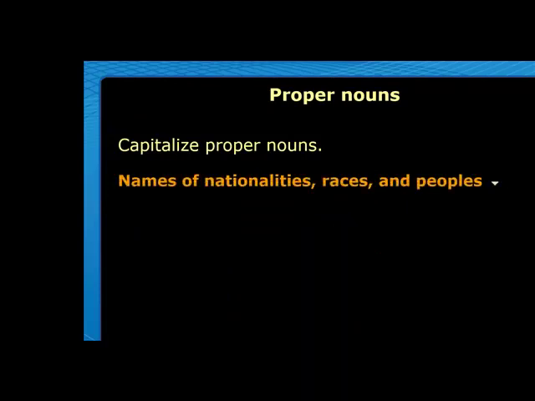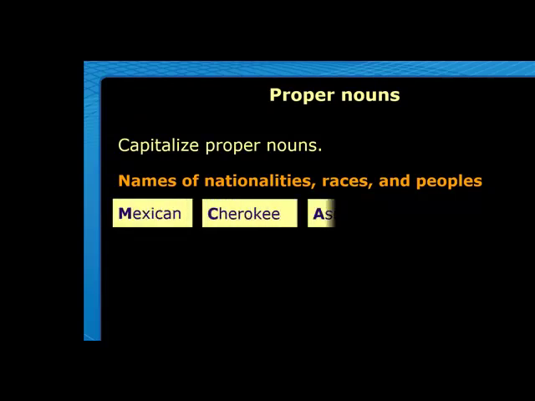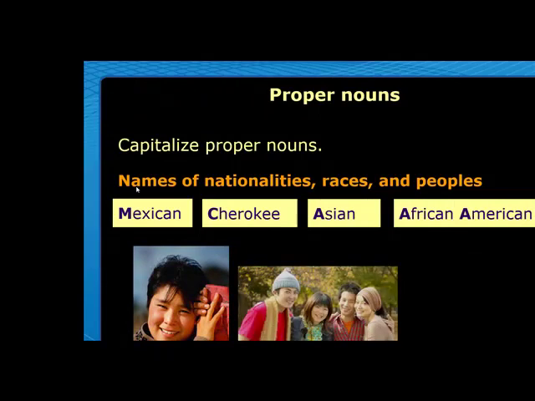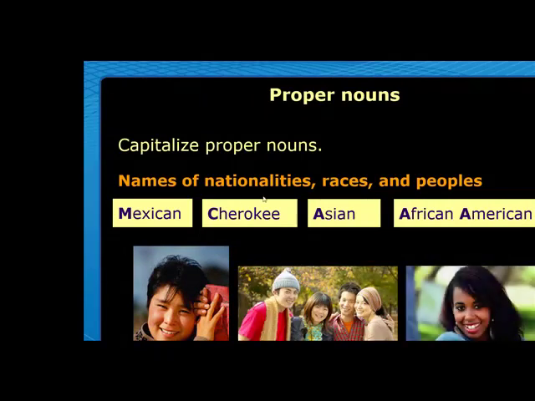Nationalities, races, and people. Like, you come from Egypt. Egypt should be capitalized because that's the name of a geographical place. So, subsequently, your nationality too. You are Egyptian. But let's say that people who are Mexican, they are Cherokee, some people who are from Asia, some people are African American. Okay? Here, when we apply it to ourselves, I come from Egypt, I am Egyptian, I am Caucasian. All right, I am Caucasian. So all of these words should be capitalized.